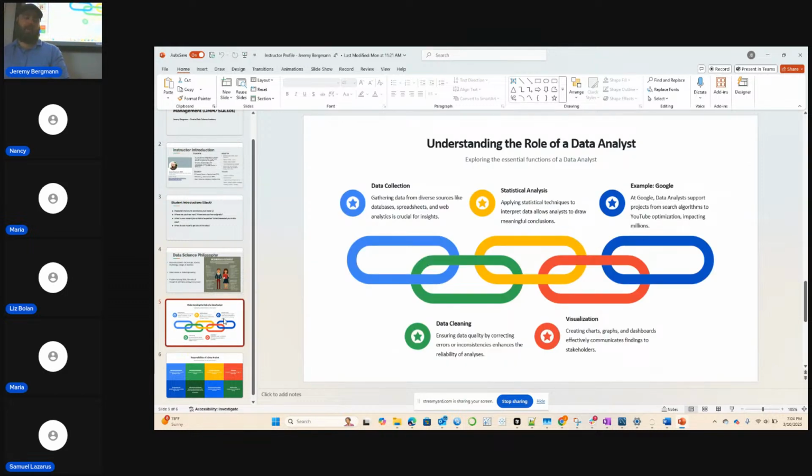Right. So I have two slides here, understanding the role of data analyst. This is the data analyst track at Omaha Data Science Academy. Very much applicable skills with relational databases and SQL to the role of data analyst. So in times your job is data collection, gathering it from all sorts of different sources, not just a system, but maybe other databases, spreadsheets.